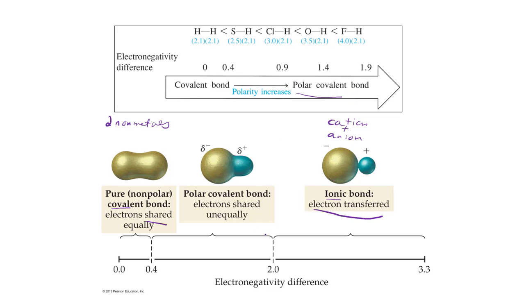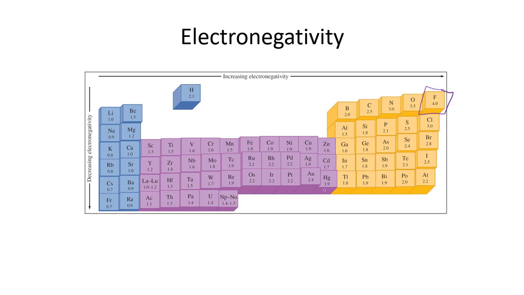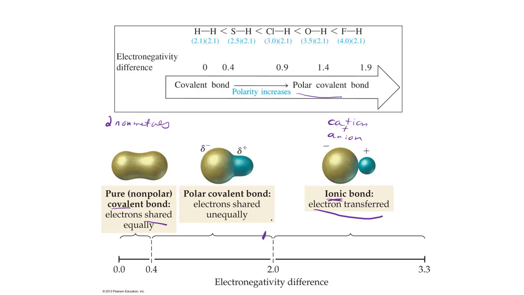So fluorine attached to a hydrogen is actually going to be like right here on the scale. So it's not a purely ionic species. Where like sodium chloride, if we go back over here to this graph, sodium is 0.9, chlorine is 3.0. So 3.0 minus 0.9, that's 2.1. So sodium chloride is table salt. That would be an ionic species by this definition. So the more electronegativity difference there is, the more unequal sharing of electrons you have, the more likely that ions are going to be formed as opposed to just polar